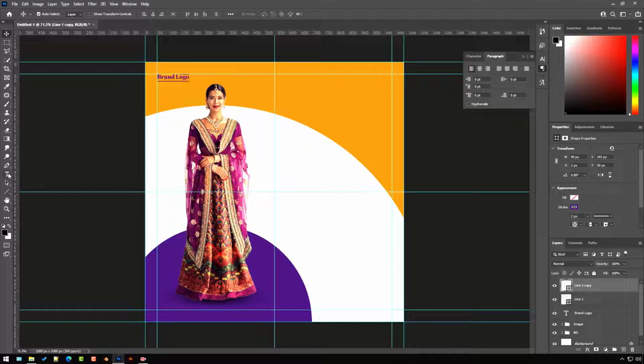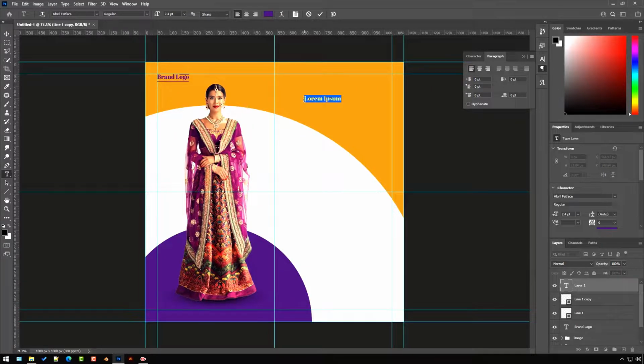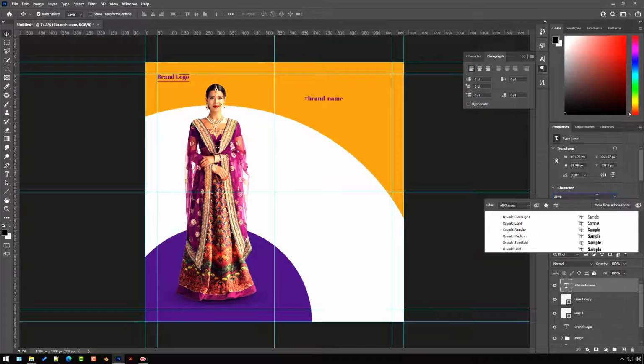Now we will add a hashtag for Twitter and position it to the top right corner. The font I am using here is Oswald Regular.